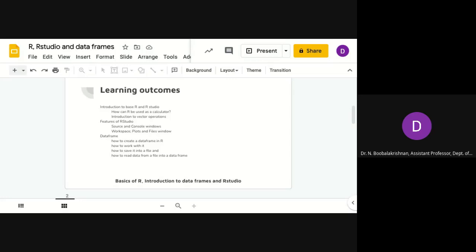And if you have any Excel files on your machine or in the cloud, how to read that data, import that data into R and make it a data frame. That is the objective or outcome for today's session.